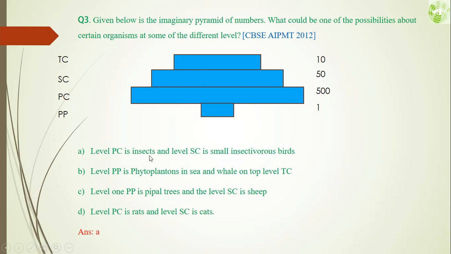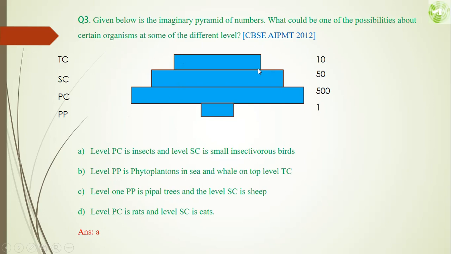Option A, level PC is insects and level SC is small insectivorous bird. Option B, level PP is phytoplankton and whale on the top level TC. Option C, level PP is a peepal tree and level SC is a sheep. Option D, level PC is a rat and level SC is a cat. Okay, from these options we can